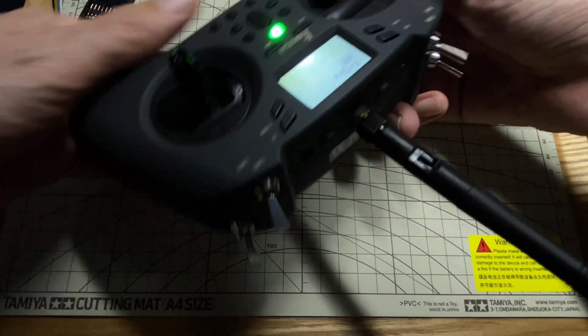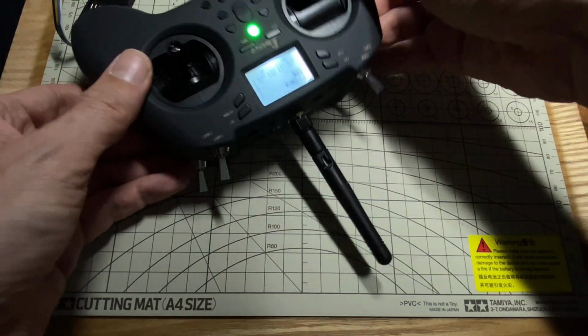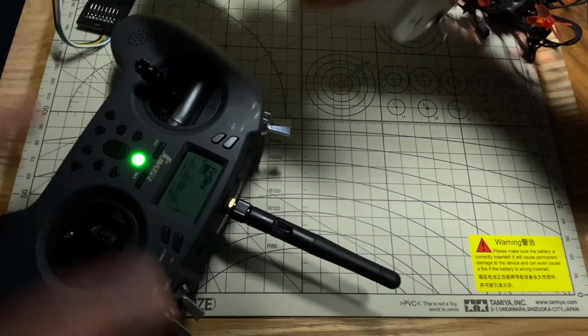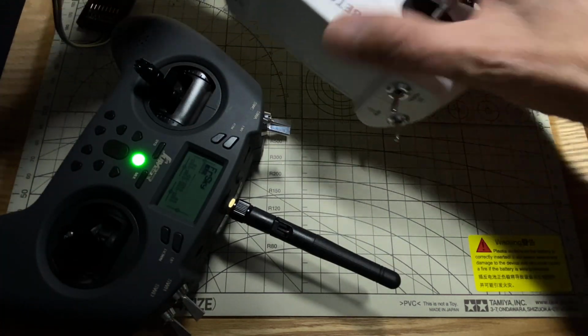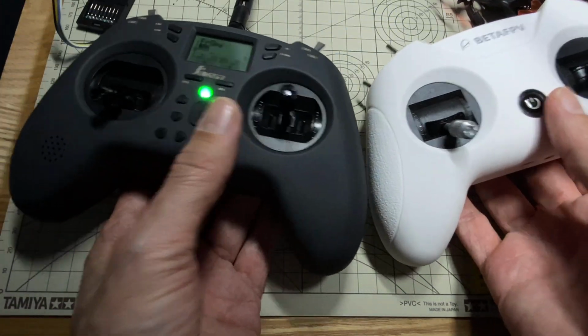That's not a big deal for me. One thing that might have helped, though, is if they had these little smaller switches like they have on the Beta FPV Lite radio. They have these kind of smaller switches, which might have given people more room. Now, speaking of this radio, though, I think you can see they're really similar, and I'm not sure exactly what